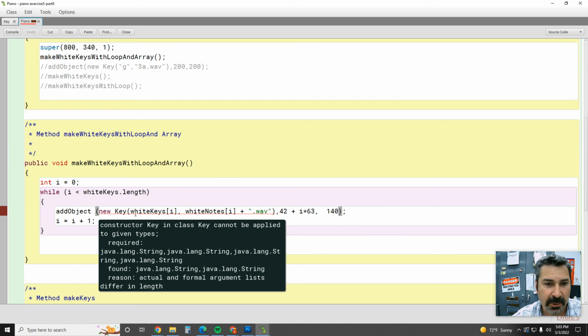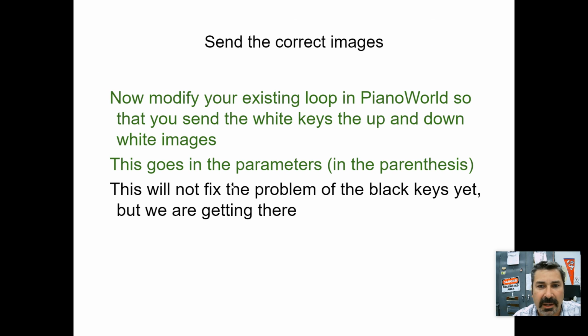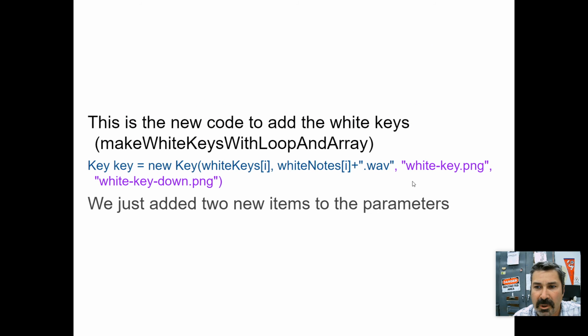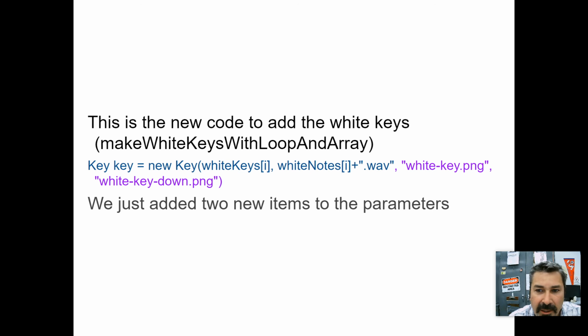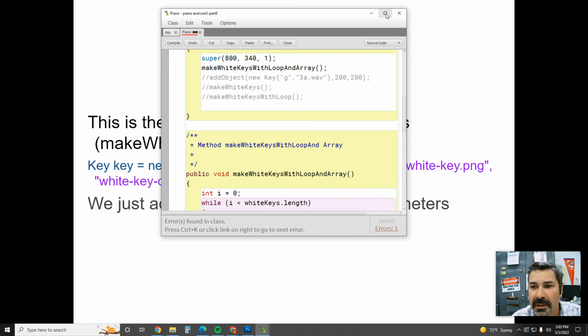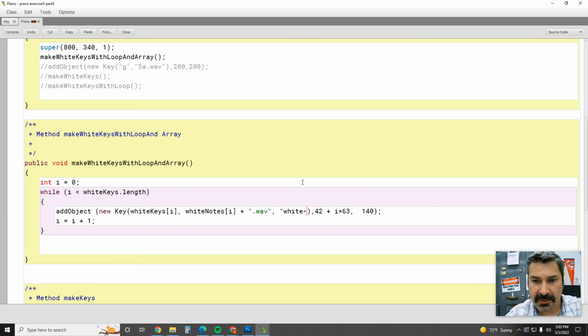Well, we're going to say new Key. There's the key, there's the sound, and then we're going to come over here and we're going to put, let's see what we have to put. We need to put whitekey.png. Let me see if I can copy it. No, I can't copy it. So whitekey.png and whitekeydown.png. So we have to come over here and we have to say whitekey.png